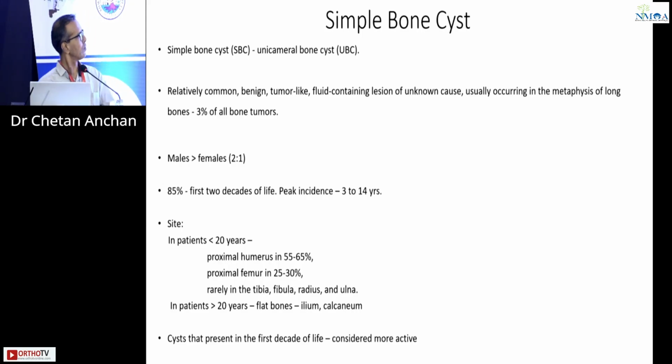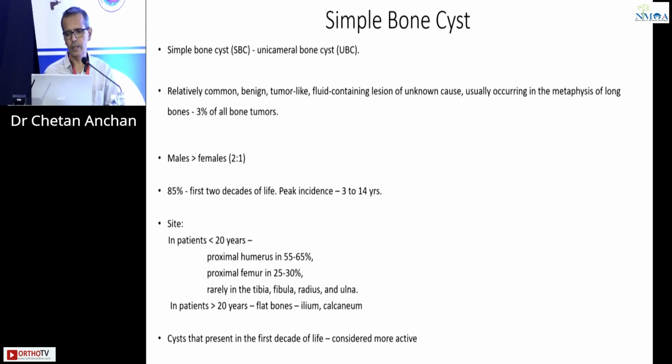So simple bone cyst is also known as unicameral bone cyst. It's a relatively common benign tumor-like fluid-containing lesion of unknown cause, usually occurring in the metaphyses of long bones, and it accounts for about 3% of all bone tumors. There is a male preponderance, about 2:1 ratio. 85% of them are seen in the first 2 decades of life, and the peak incidence is from 3 years